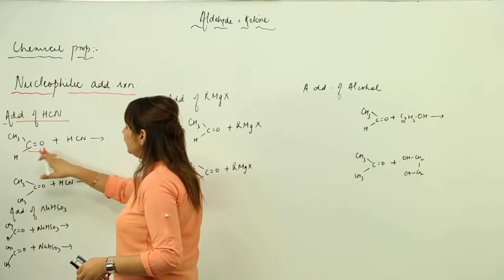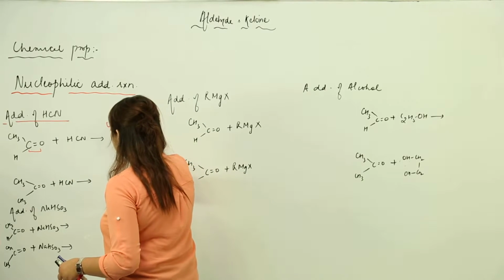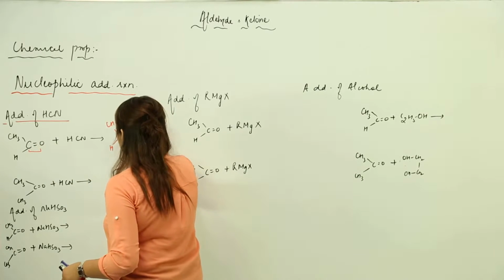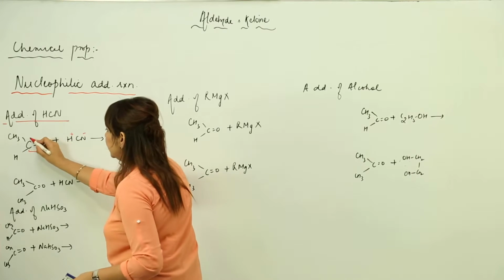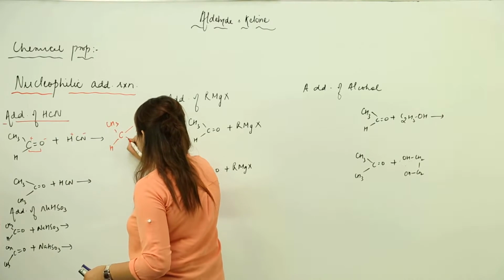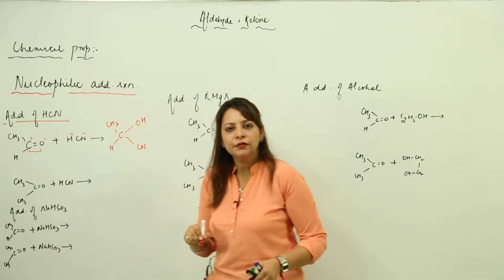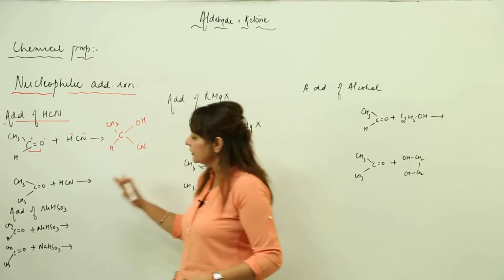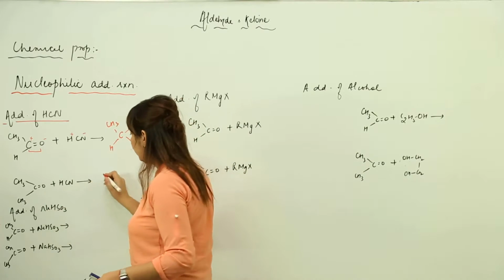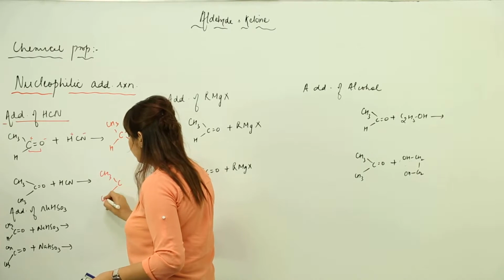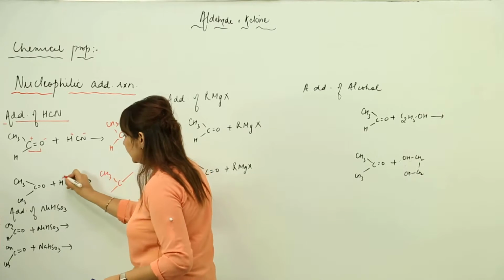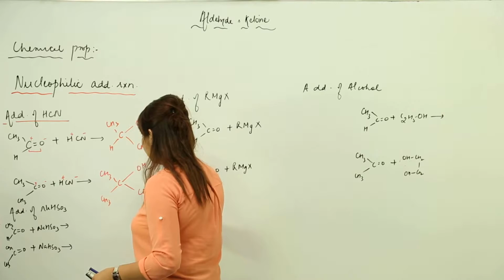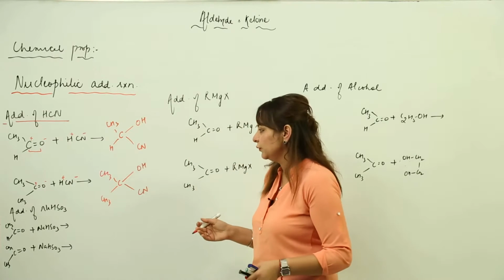So when we add HCN to it, the whole thing remains the same because addition is going to take place here. It becomes O, like that, and this is also a polar bond. So H gets attached here and CN gets attached here. This kind of compound is formed, which is called acetaldehyde cyanohydrin. In the same way we can add this to a ketone. The same thing is going to happen because it also contains a carbonyl group. Again this is positive, negative, negative and positive because this is polar. So OH and CN, and this kind of addition reaction will take place.